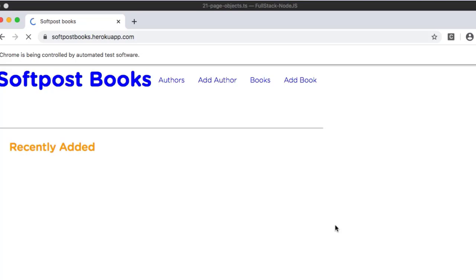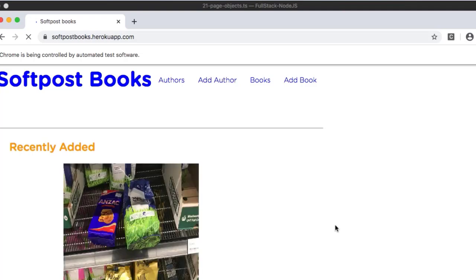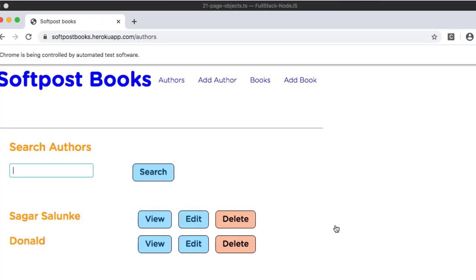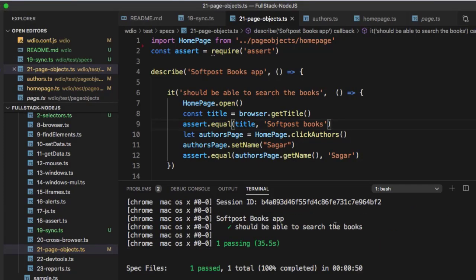This is the home page, then it will click on add author, and then it will go to the add author page. So on the add authors page, the test is passed. So that's how you can use the page object models.